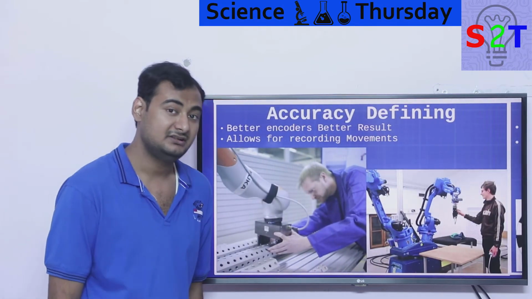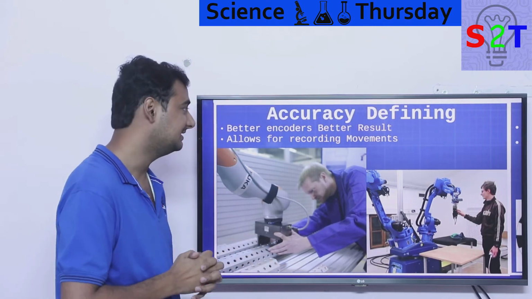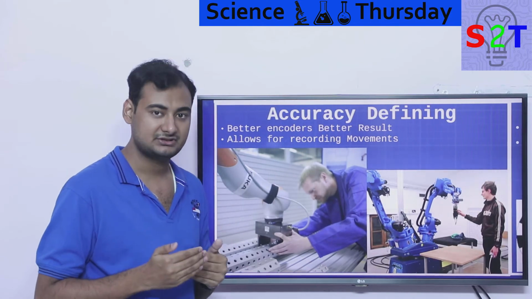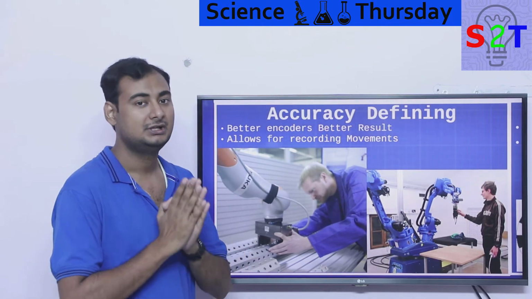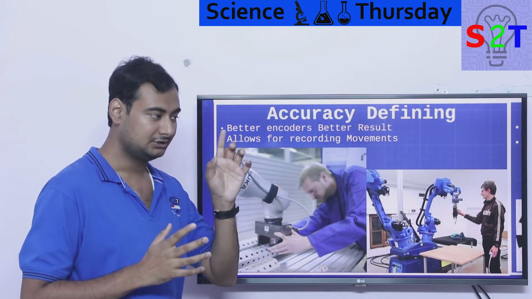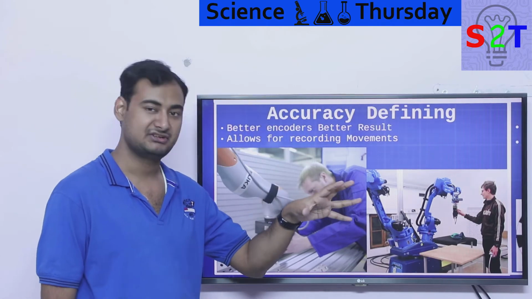Now, the primary reason we utilize so many encoders in our day-to-day life is basically this is what we classify as accuracy defining. How accurate your system is is directly proportional to how good your motor and encoder systems are. Generally, if you have, let's say, a good motor, you're like, hey, I want this robot to keep working for years to come,